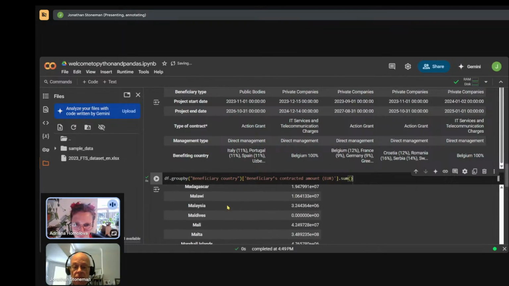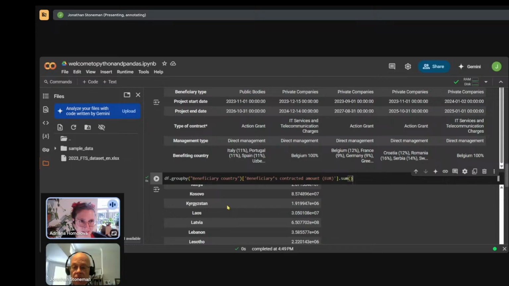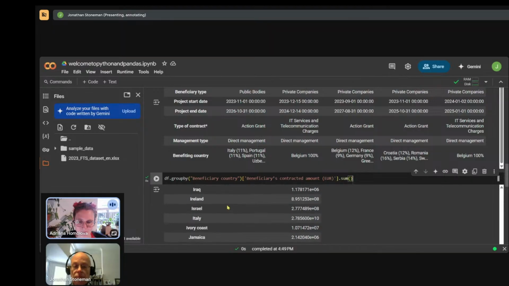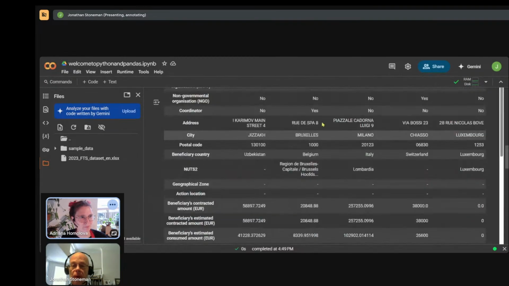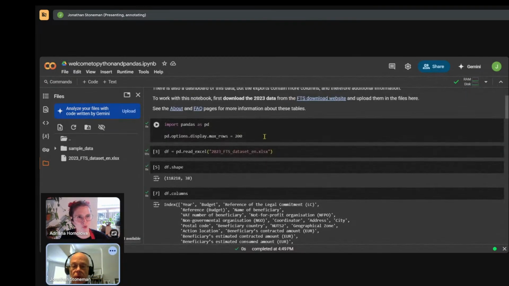Now, this is not super helpful because these are, as you can see, sorted by the name of the country. And also the numbers are in scientific notation. Exactly. So we need to take a step back here. If you go up to where we imported pandas,